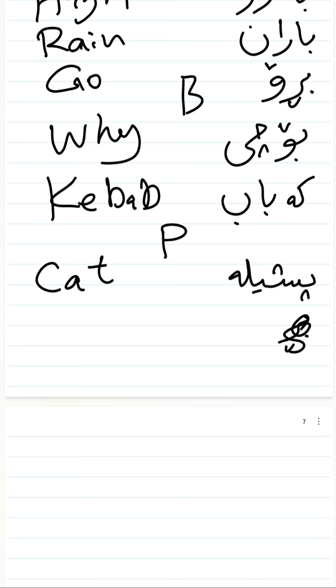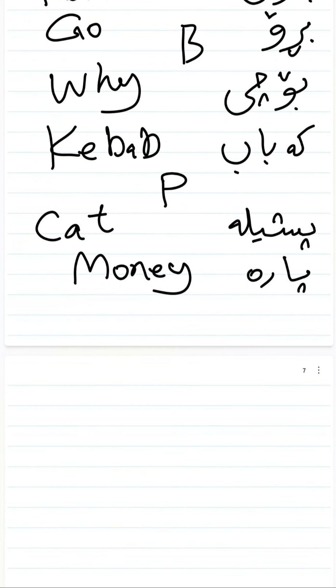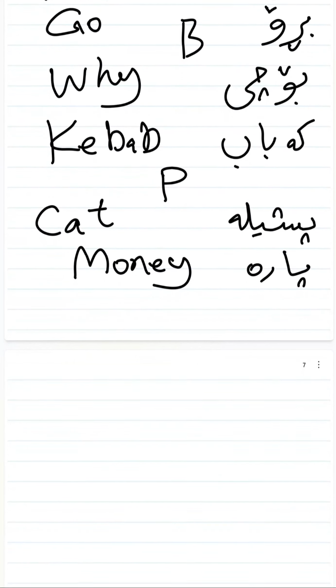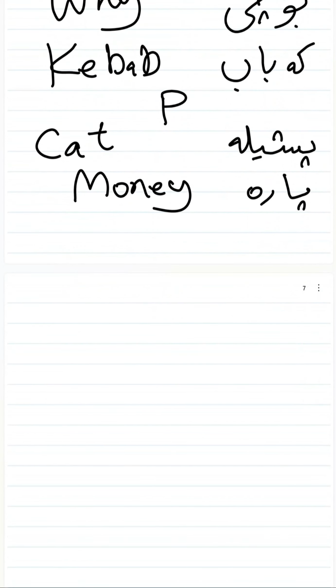Bro was for the letter B. What else we learned? Para. Para meant money, we said, okay? And then we have, what else? Piaz. Did we do par? No. So 2 more words to go. We had piaz,